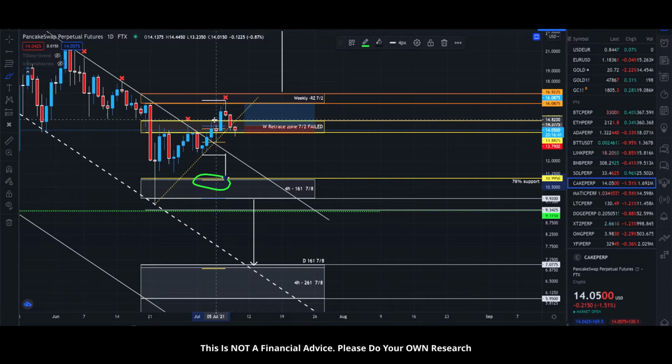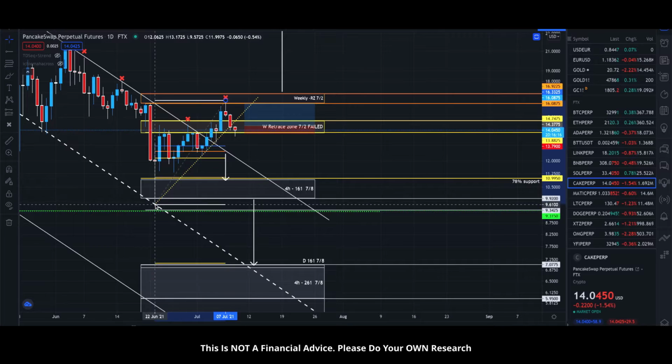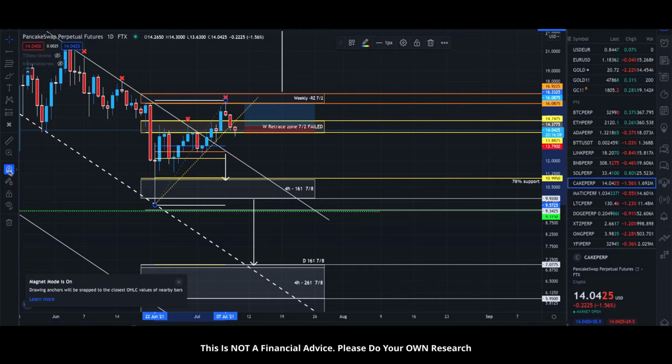also we closed under the 618 Fibonacci level, which means that we're more likely to go and reach the next level, or at least the border of the channel. There's also this move right here, where you gotta use a magnet just to be exact. There is this level right here, the 618 level of this move, which falls exactly on the top border of the channel. Okay,